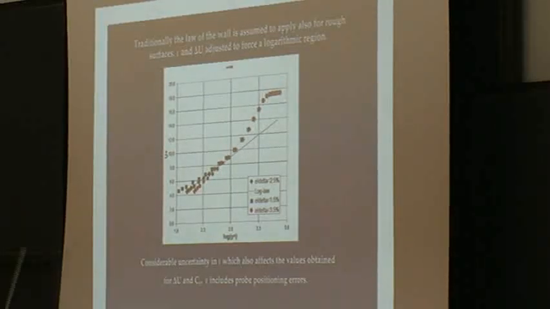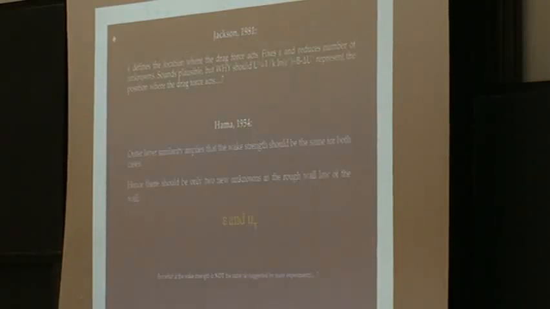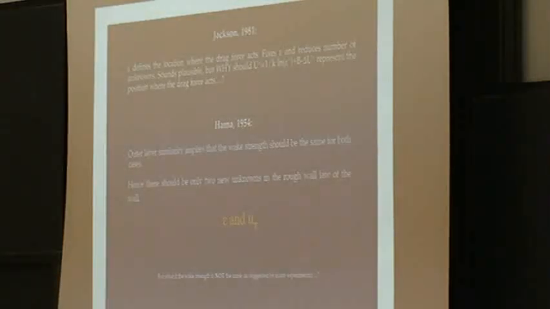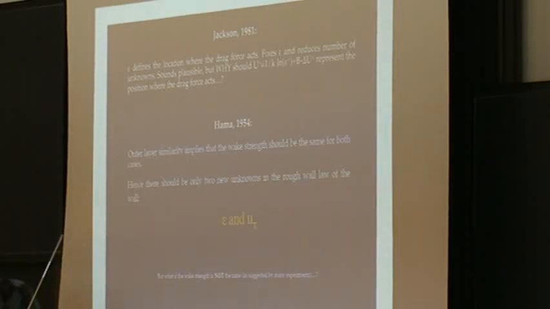So the uncertainty here is going to be rather high, and especially if you let kappa be a variable, then you have a fourth quantity which you can play around with. So it's really difficult to find a good match to the log law. Jackson proposed that if you let the origin be fixed at where the force actually acts on the reference elements, then you have removed one of the uncertainties or one of the variables, and that should improve the accuracy of the other ones.